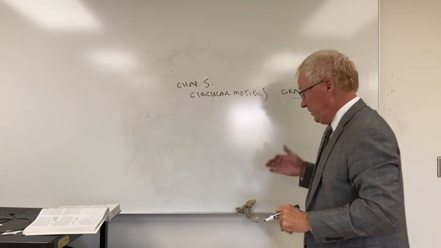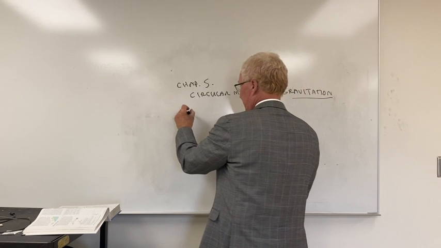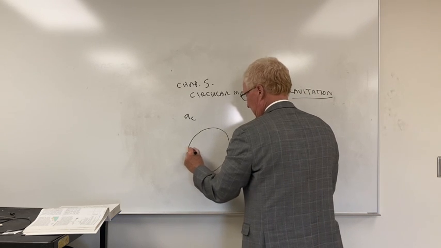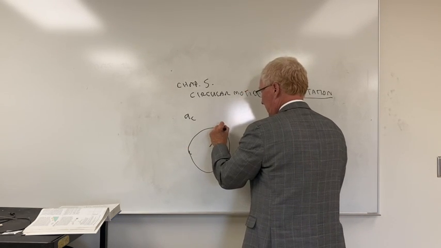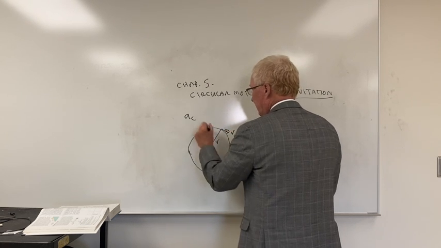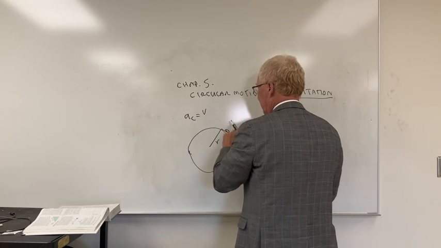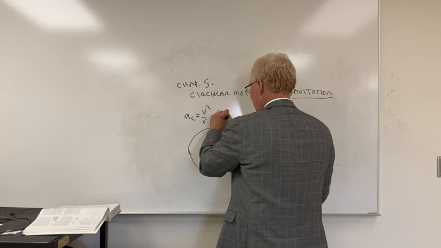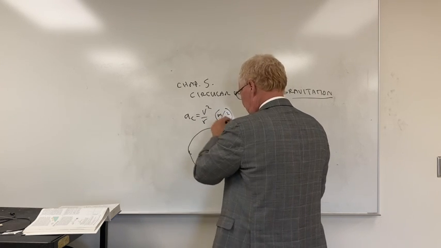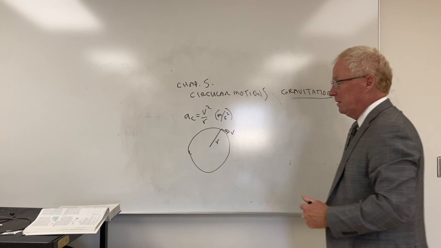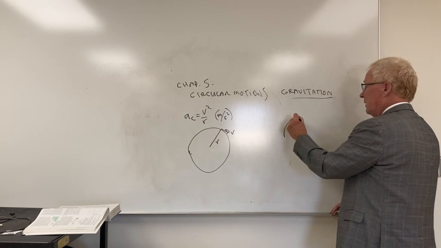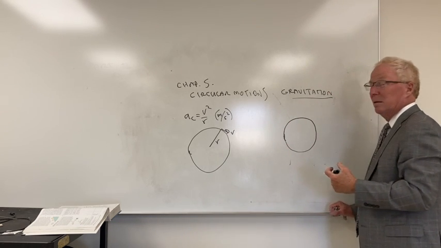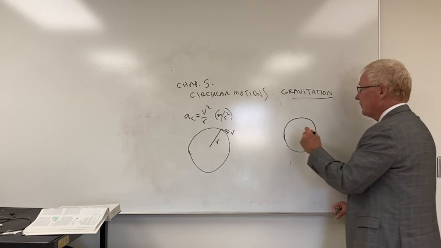So the reason they're connected is that when something is moving in a circle, we talked about this already, radius r, and velocity v, the centripetal acceleration is given by v squared over r, where this will be in meters per second squared. So this is centripetal acceleration. The reason this connects with gravity is that gravity, which eventually was solved by Newton's law of gravitation, is